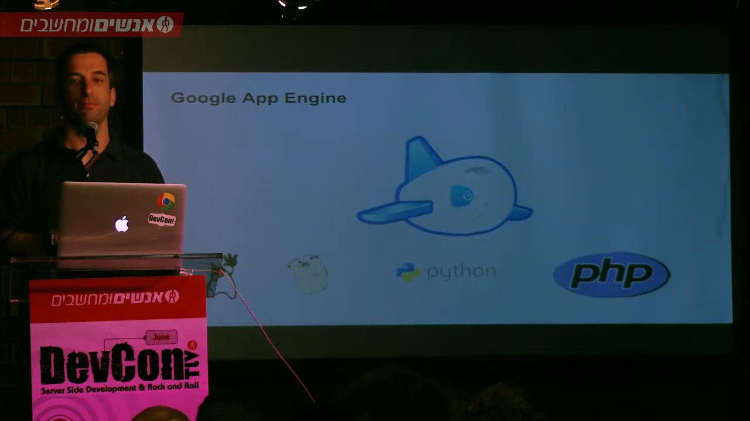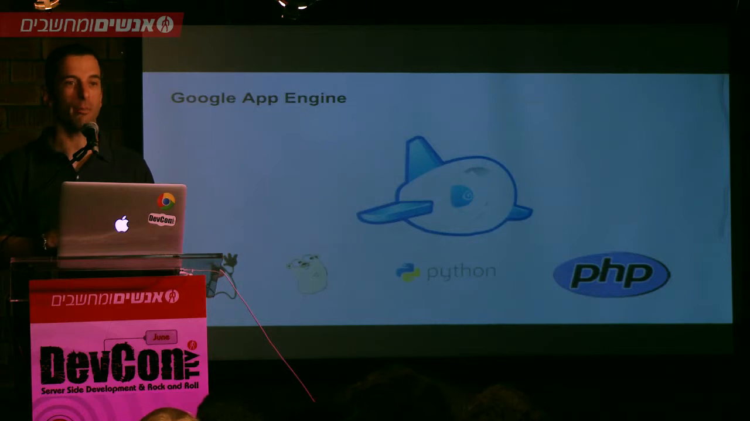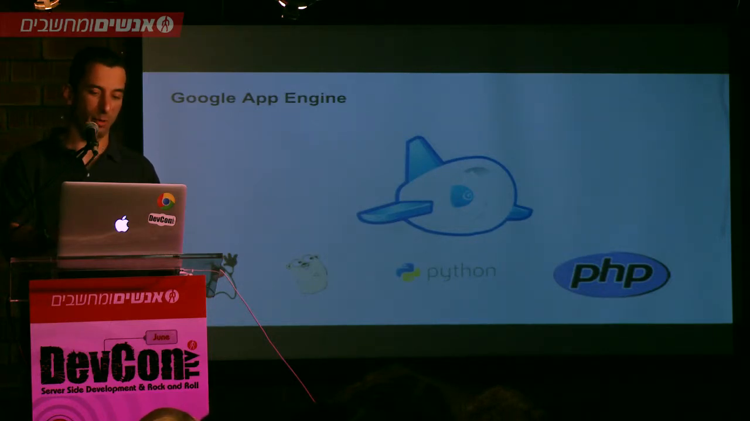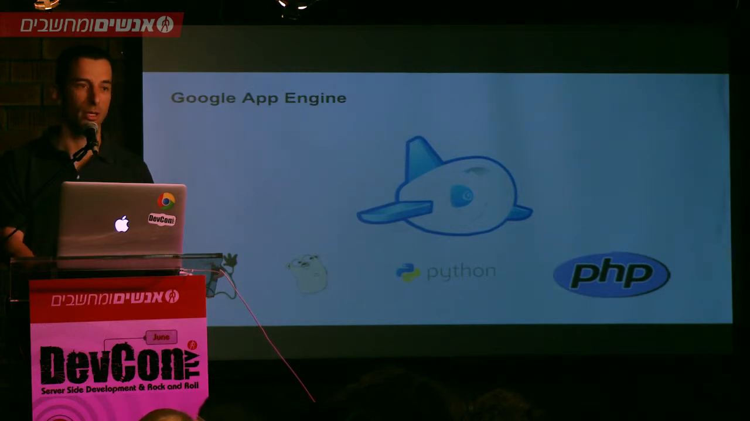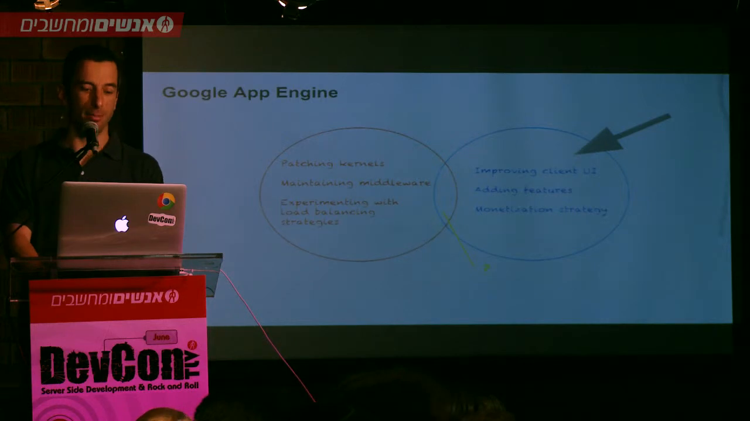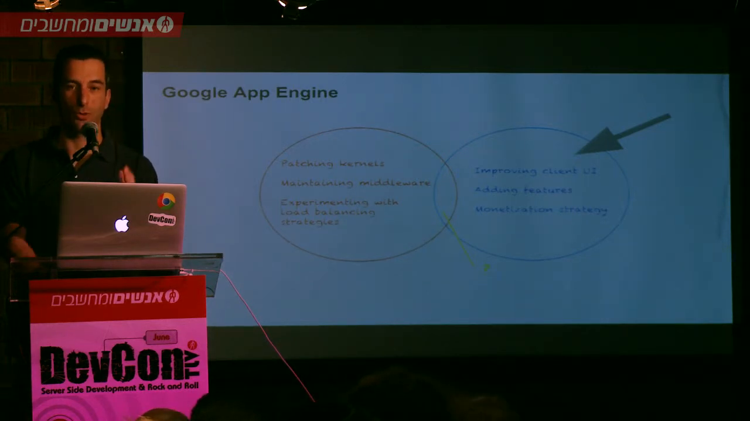And from this year, actually a month and a half ago, PHP was added there. So those are the technologies that you could use and leverage. Python, Go, and Java, of course. Here are just the good reasons why you do want to focus on what's interesting you, like monetization strategy, and